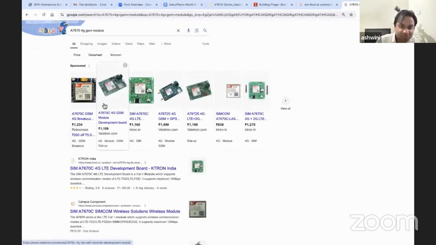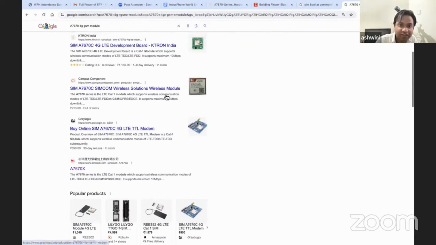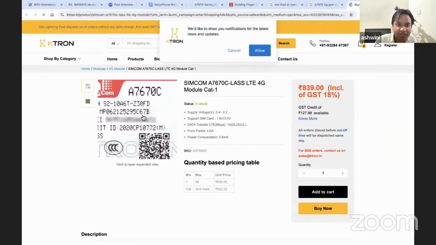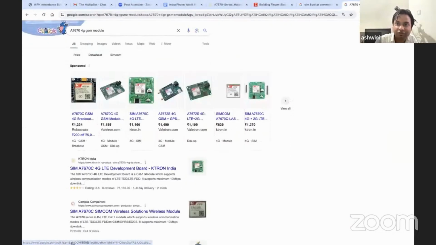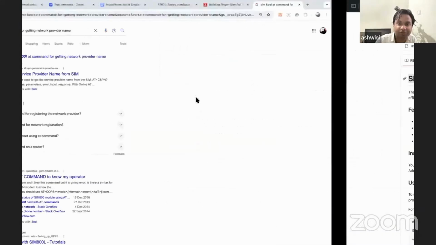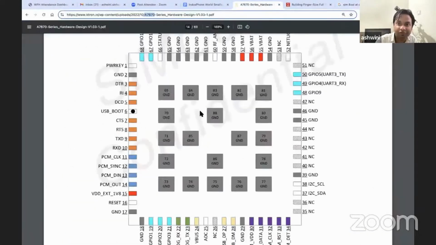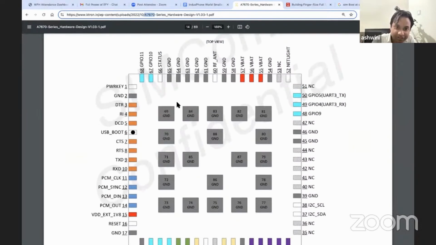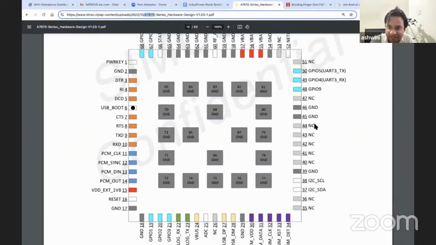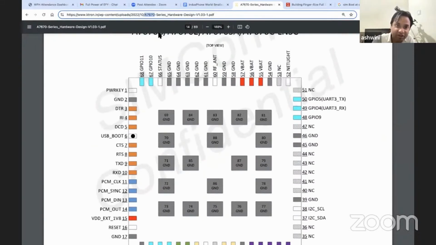So this is the 4G GSM module that we are going to use, and the chip looks like this. This is the datasheet of that chip. These are the ground pins that go to ground, and these are the NC pins that will not be connected. So the ground pin connects to ground, and the BBAT pin will connect to